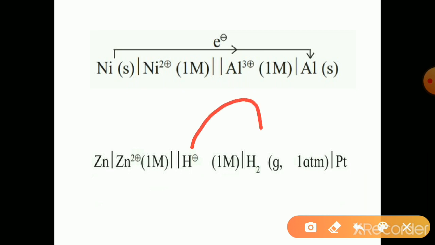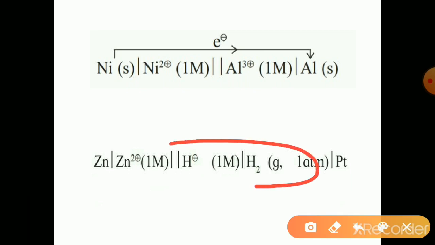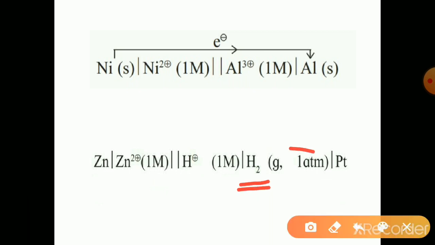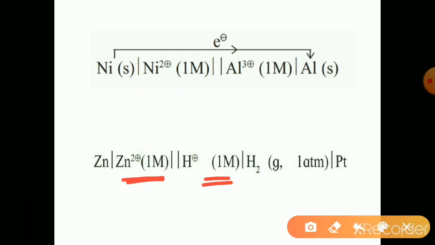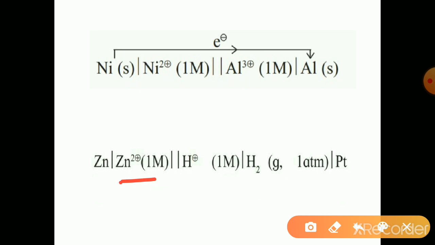So hydrogen ions undergo reduction to form hydrogen gas, and it happens on the platinum surface. This is the oxidation half, this is the reduction half. Whatever ionic species are obtained are indicated in the interior part of the cell representation. So this is the gaseous species, in between only it is represented. And whatever the concentration of the ionic species or the gaseous states and species are shown in the brackets right beside the formula or symbol of that ionic species.